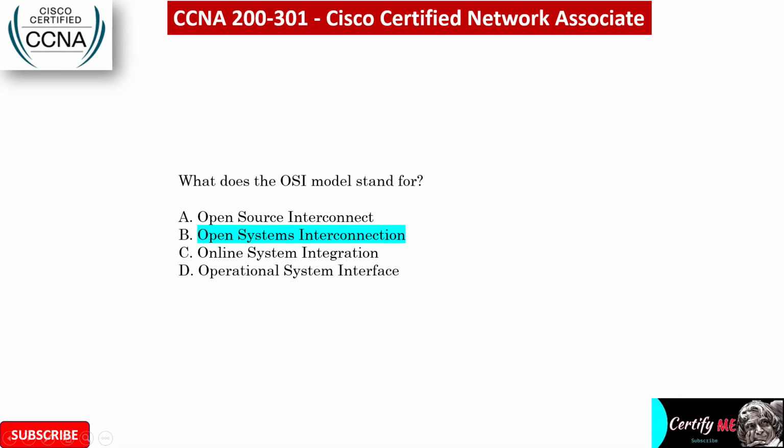Next question. What does the OSI model stand for? Option A, Open Source Interconnect. Option B, Open Systems Interconnection. Option C, Online System Integration. Option D, Operational System Interface. Option B, Open Systems Interconnection is